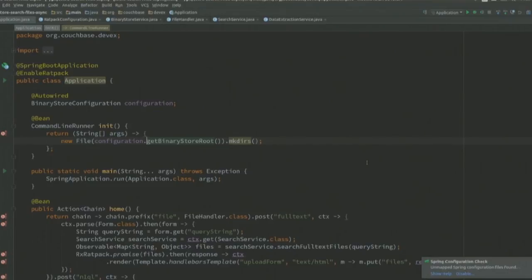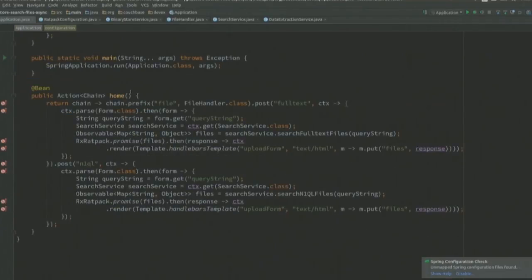So it's not a Ratpack application per se. If you're familiar with Spring, you can actually see that this is a Spring Boot application in which I've enabled Ratpack. So what that means is I basically ditched Spring MVC and that old servlet model, and I am now using Ratpack for all the MVC part. You can see that it is a basic Spring application. I can still use the Spring dependency injection framework stuff. And here you can see a Spring Bean.